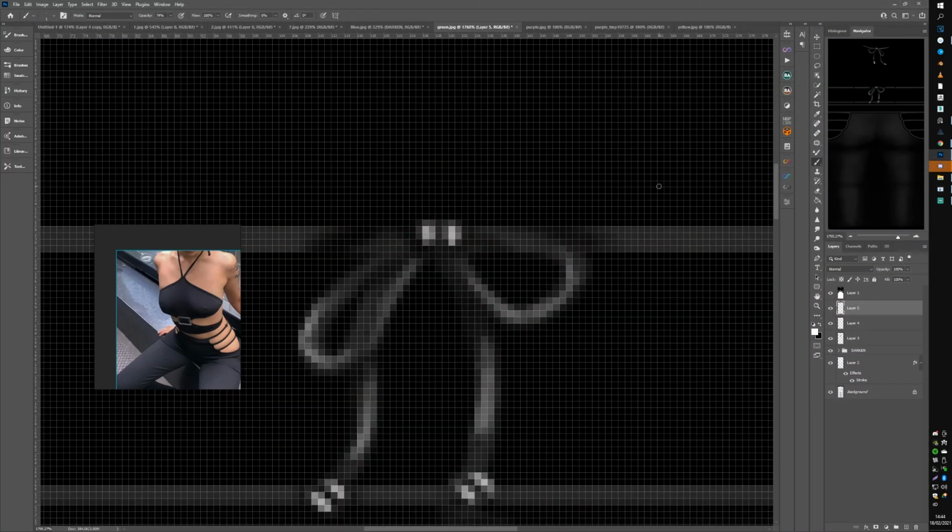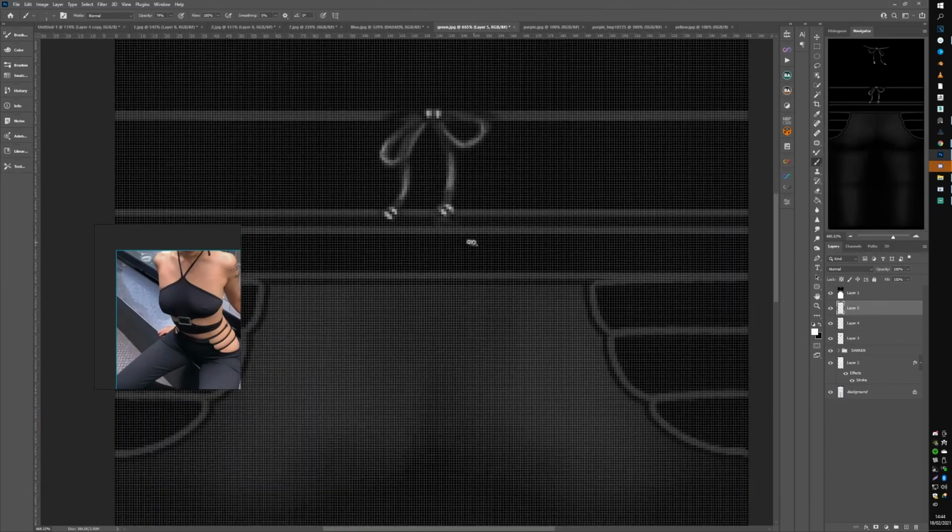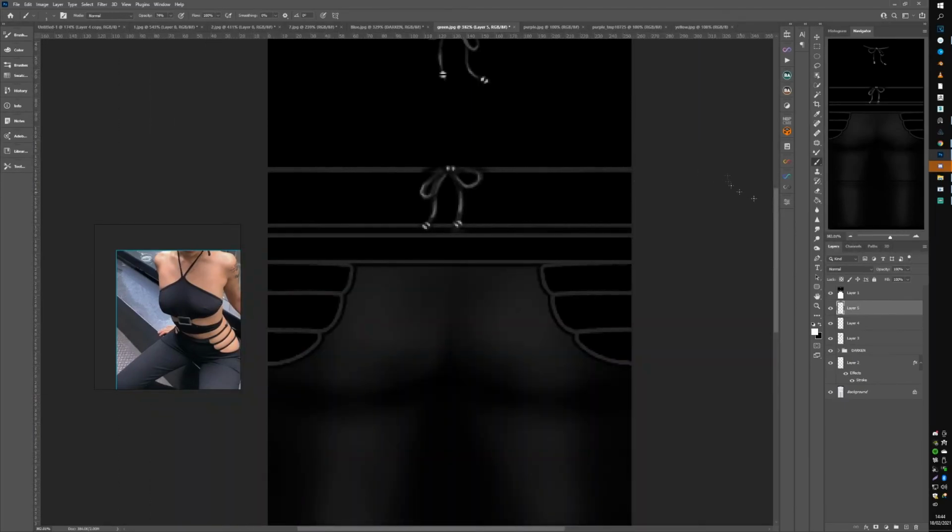Okay, so it's almost finished now. I just shifted to mouse again. So I'm going to merge all the,